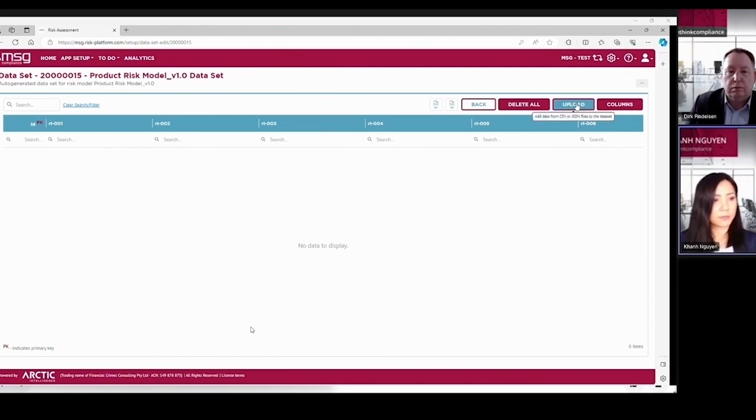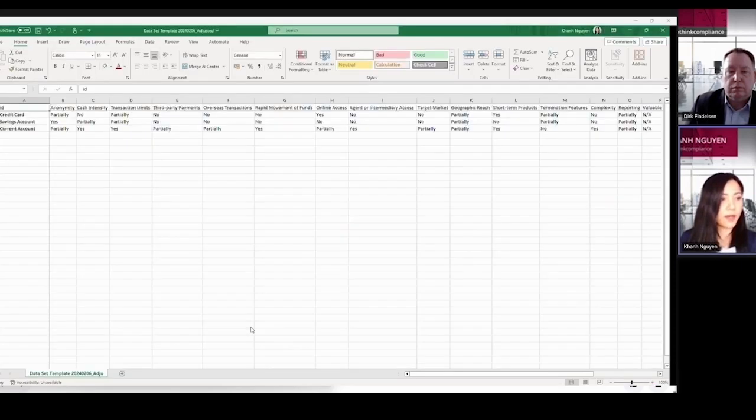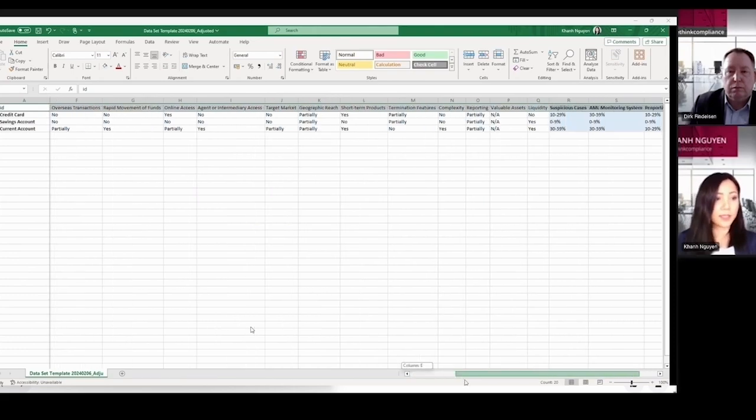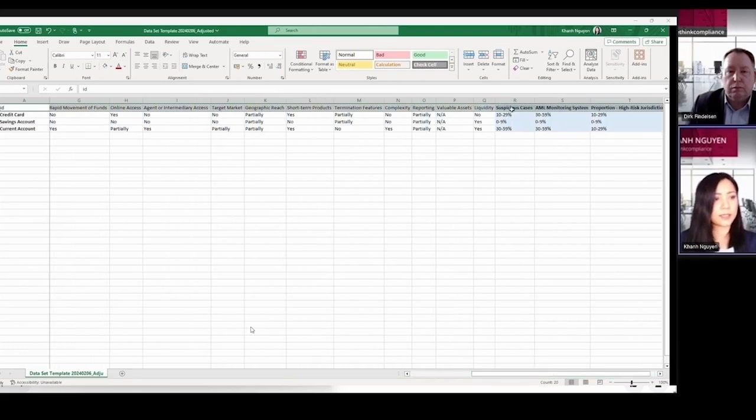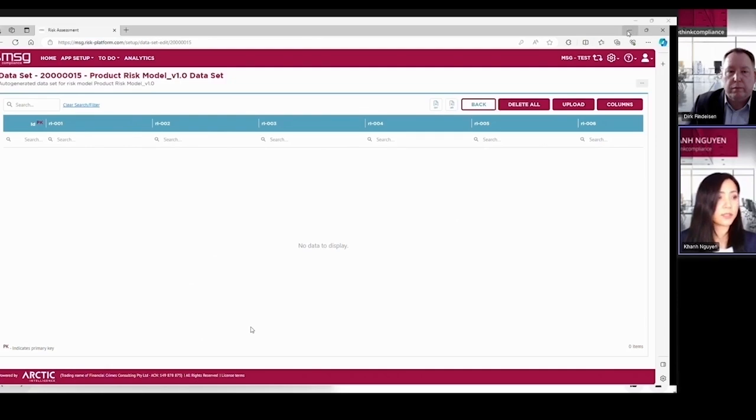Here you can prepare an upload file, which can be done within Excel. You can get information from different systems and prepare this Excel sheet. Here we have some examples from statistics, maybe coming from AML monitoring systems, but also other systems that can be interesting for your risk evaluation process.